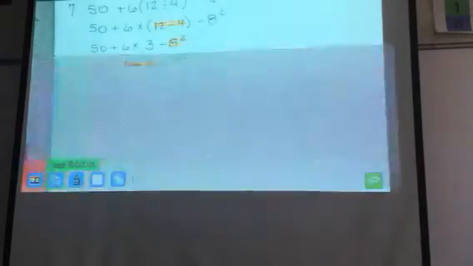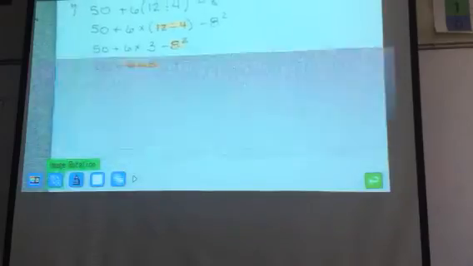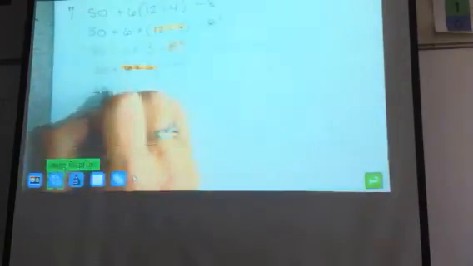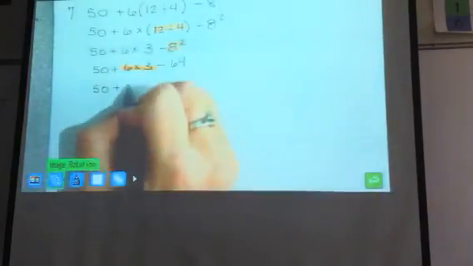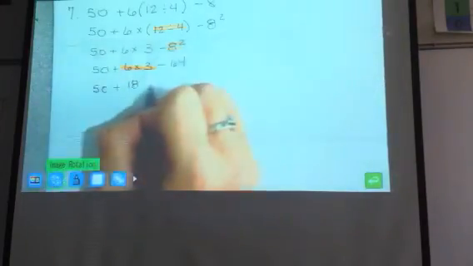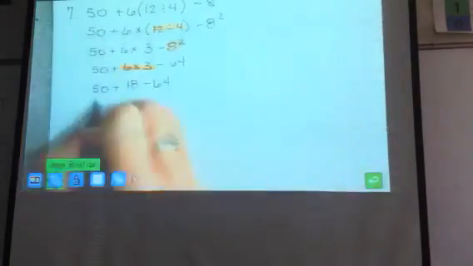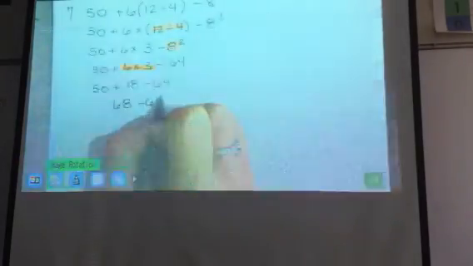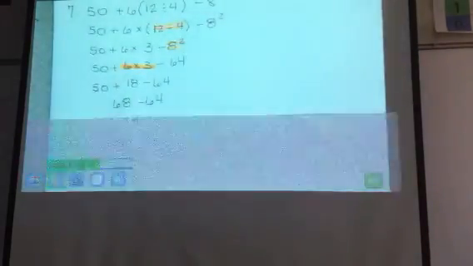Now, my next step, I'm going to do multiplication because I'm just following my PEMDAS order. So 50 plus 6 times 3 is 18, minus 64. So 50 plus 18 is 68, minus 64. We have this nice little small answer of